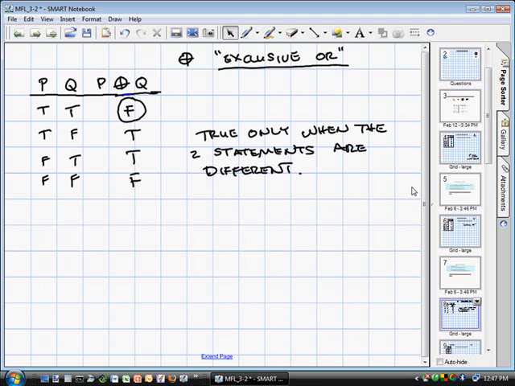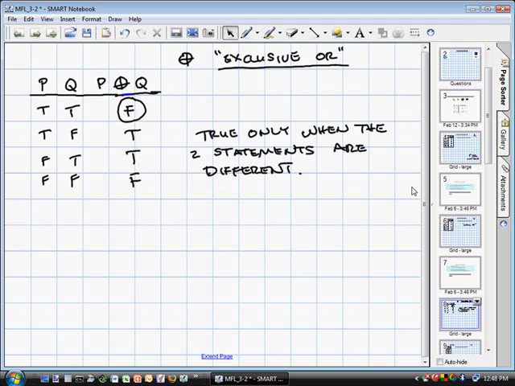But do you notice the rest of this is the same? It's okay to have one and not the other. It's okay to have the other and not the one. And again, you fail when you have both false. So this is just like this guy. It's exactly the same as this guy with the one exception of the top line, where you can't have both be true. Okay, so